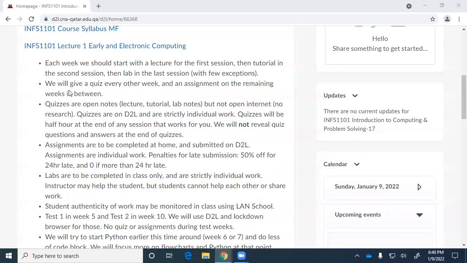The lab, you have to work by yourself. You're not allowed to copy anybody else. But during the lab, I can come around and help you. You have to finish the work during the lab. So the lab is not take-home work. The lab is do it in class. So you come to the lab, I look at it, that's when I mark you. That's the way it works.